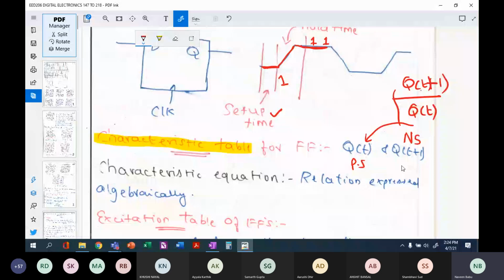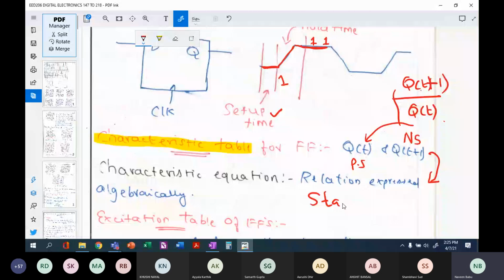Now, what is a characteristic equation? It was a relationship that we got from the characteristic table, right? From the characteristic table, we got a Boolean expression, which we called a characteristic equation. In addition to that, we also studied one more table, which is called a state table, right? So ideally speaking, from the state table only we got this characteristic equation, but we are not going to use this